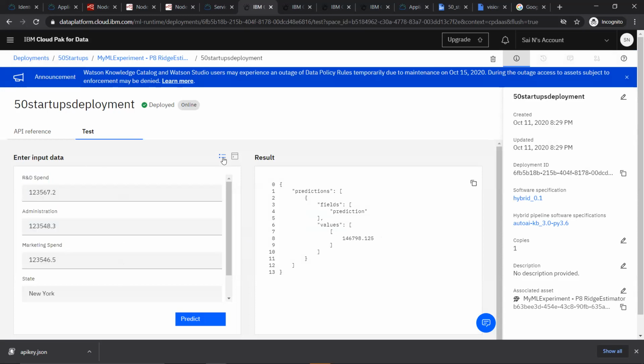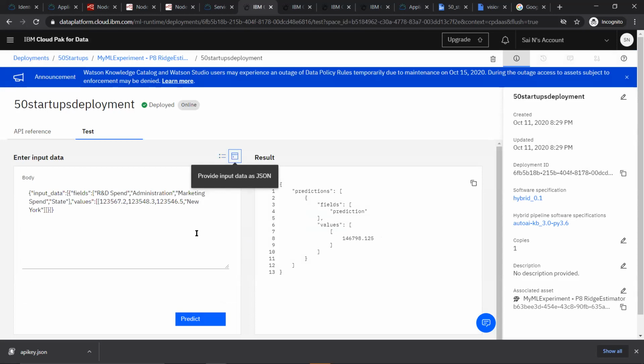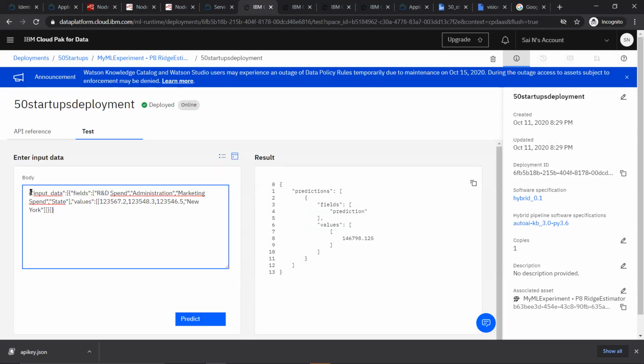If you just click on this, a kind of code editor symbol is there. Now, if you click on that, it will give you the input format here. How is the input format? Input data. In that, fields are there. Fields are all the names of your columns. And then values are the values which you are entering. So what I'll do is I'll copy this. You can copy this from here.